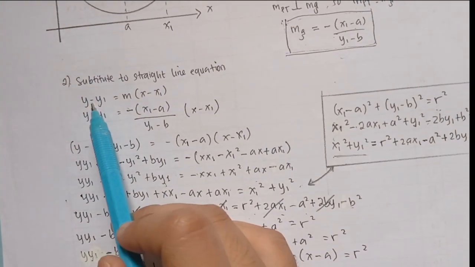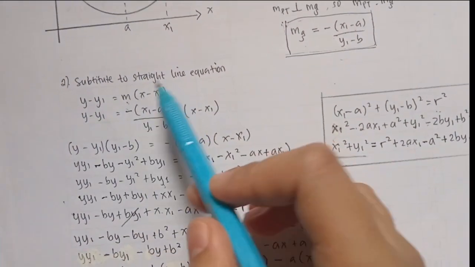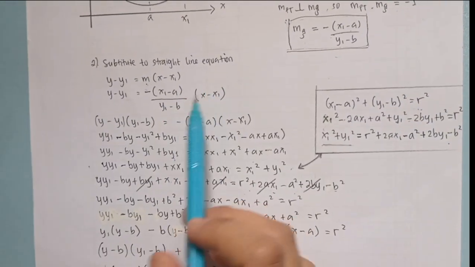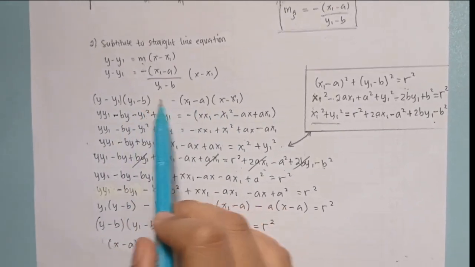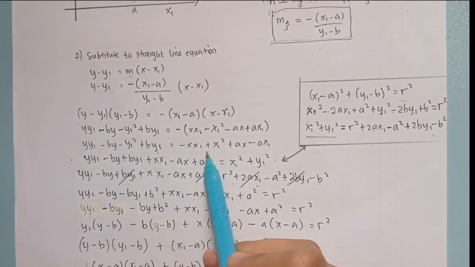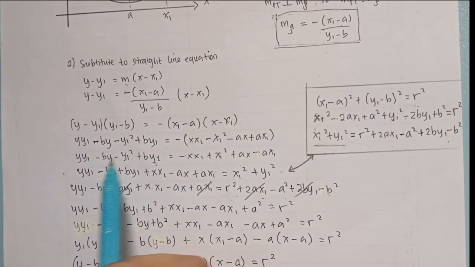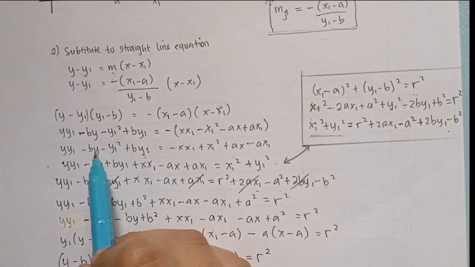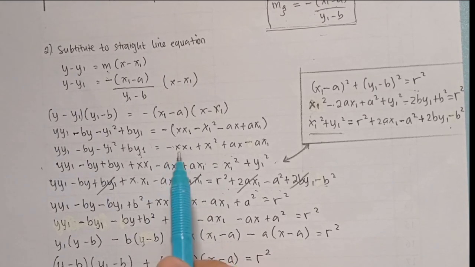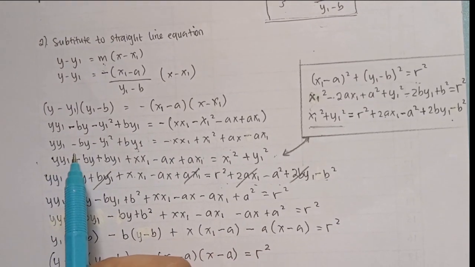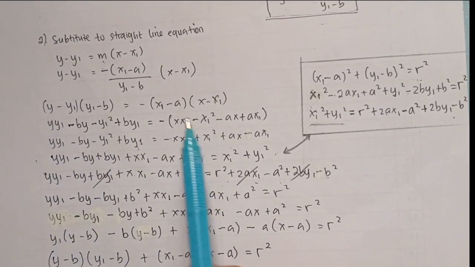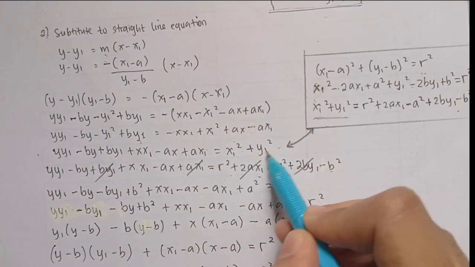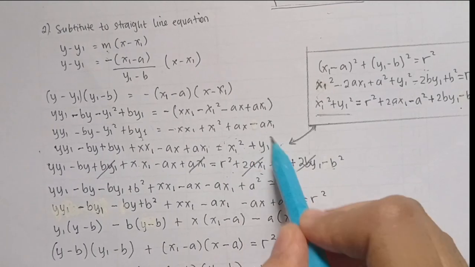y minus y1 is equal to m in brackets x minus x1. So we substitute the gradient and expand the algebra form until all the variable y is on the left side and the variable x is on the right side, like this, until the x1 square plus y1 square. This form we can